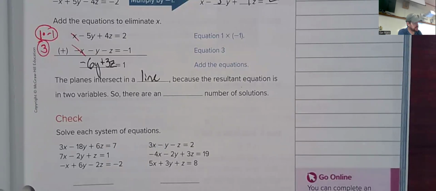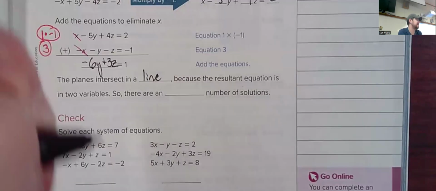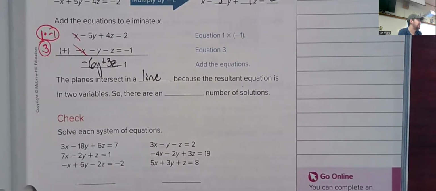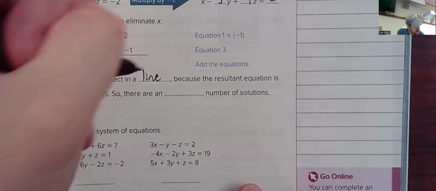So regardless, the answer is the same either way, but it's not infinitely many because all three planes are the same. It's infinitely many because two planes are the same and the other one goes through it at a line. So there are an infinite